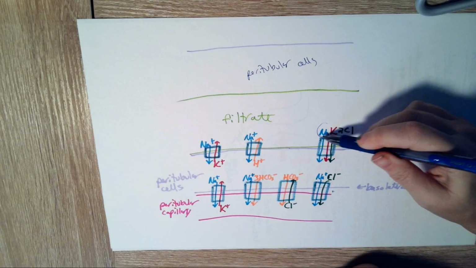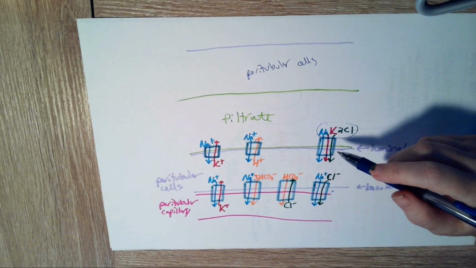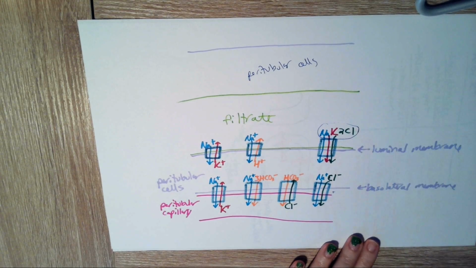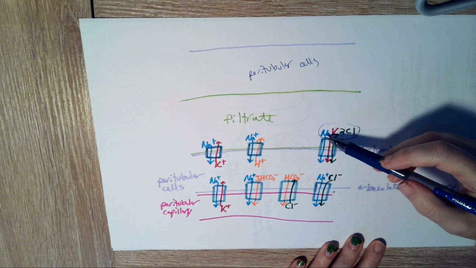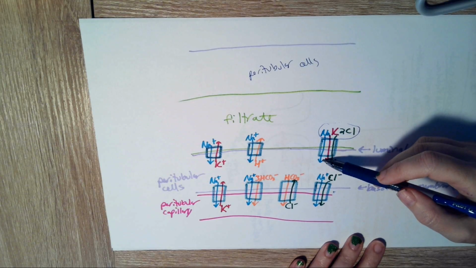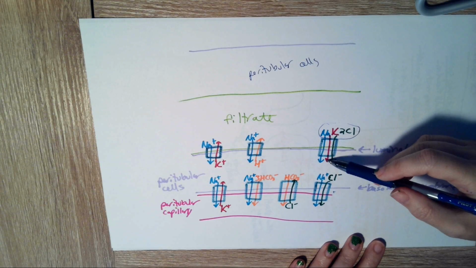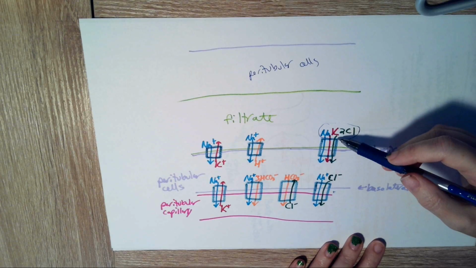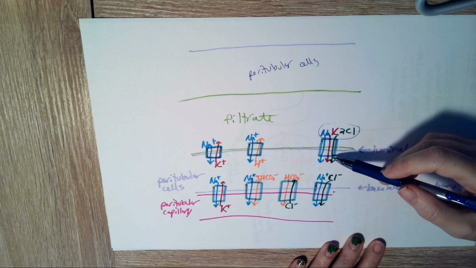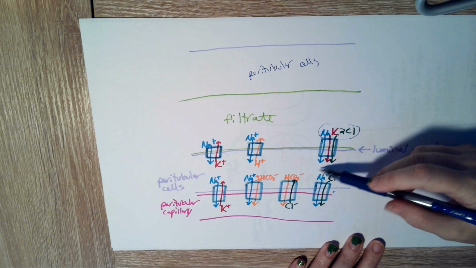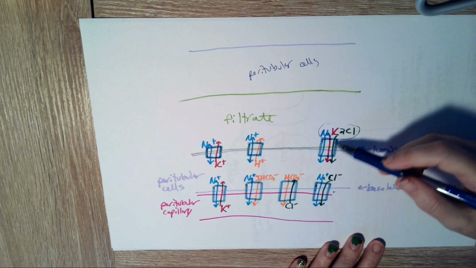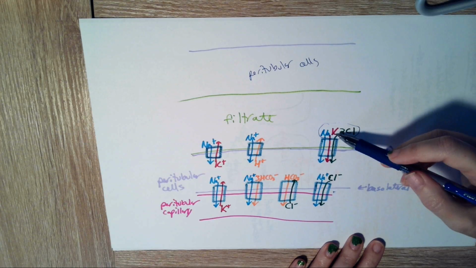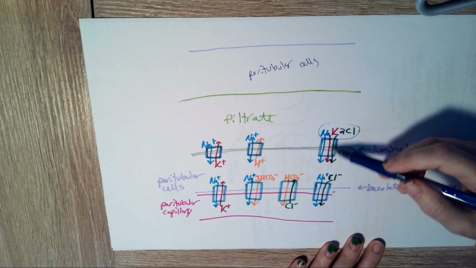Now here's the NKCC2 carrier that we talked about in the loop of Henle, and we also have this in the distal convoluted tubule. This is co-transport, all three moving in the same direction. Sodium's moving with its gradient into the cell. Potassium is moving against its gradient into the cell. Chlorine doesn't really have a gradient into the cell or out, doesn't really care which way it's going. It's not typical for there to be a lot of chlorine in the cell though, so keep that in mind, but chlorine's just kind of along for the ride here. So we're having these four ions moving together, one sodium, one potassium, two chlorines, all moving together, co-transport into the